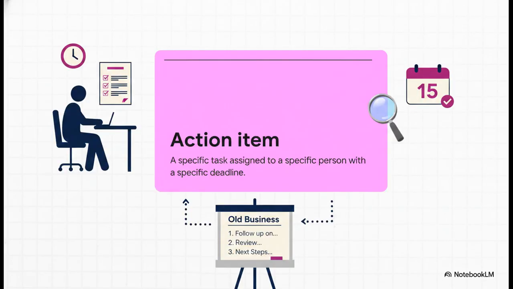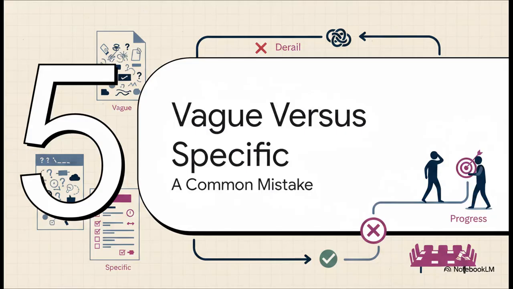As you're navigating through that new business, you're inevitably going to generate action items. And listen, an action item is not just some vague idea that the team should probably look into something. No way. It's a specific task assigned to a specific person with a specific deadline. So instead of saying, we need to research new software, a real action item is, David is going to research 3 software options and present them by Tuesday. These deliverables demand accountability, and they instantly become the old business you're going to follow up on at the very next meeting.